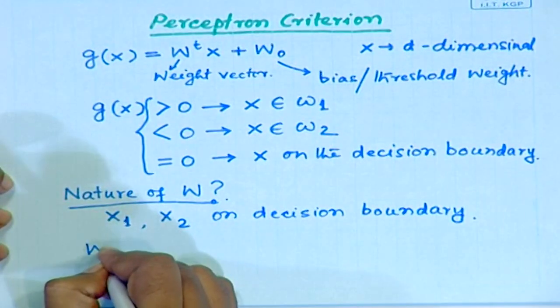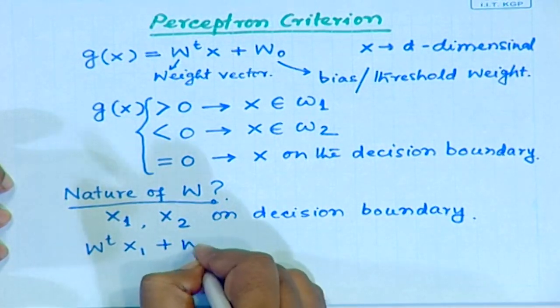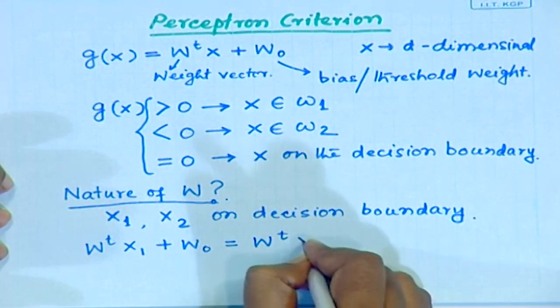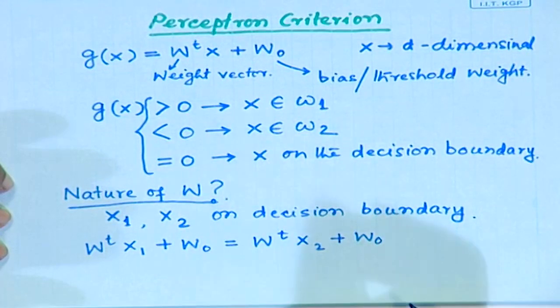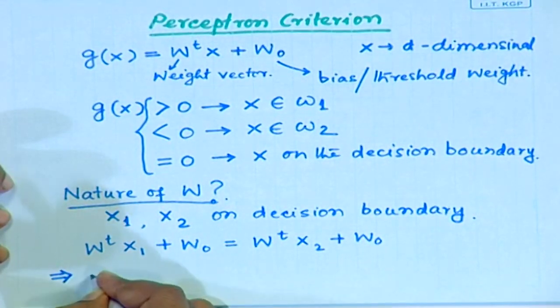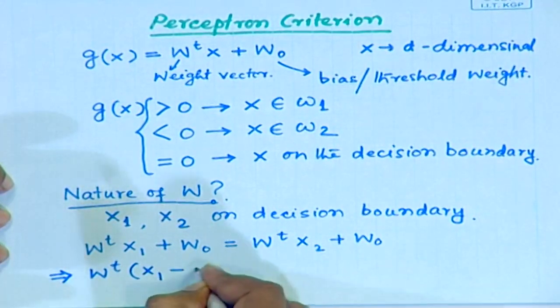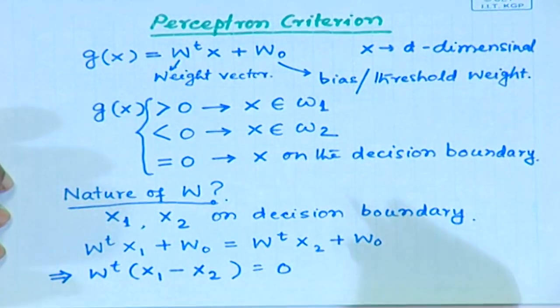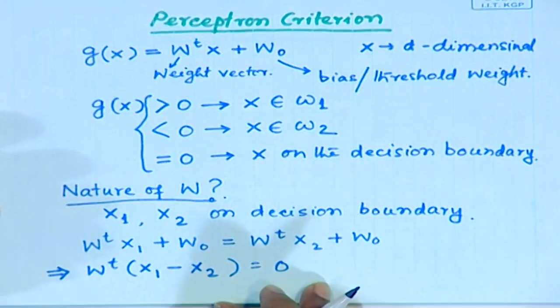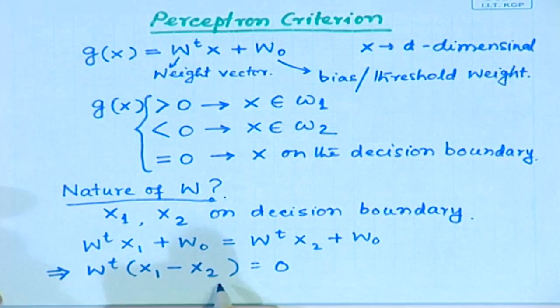So, we can simply write that W transpose x 1 plus W naught is equal to W transpose x 2 plus W naught. Okay. So, from this you find that W transpose x 1 minus x 2 is equal to 0. Now, what is this x 1 minus x 2? X 1 minus x 2 is nothing but a vector lying on the decision surface, because x 1 is a vector on the decision surface and x 2 is also a vector lying on the decision surface. W transpose x 1 minus x 2 is the inner product of W with the vector x 1 minus x 2,